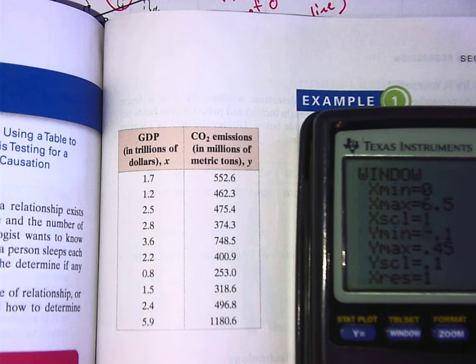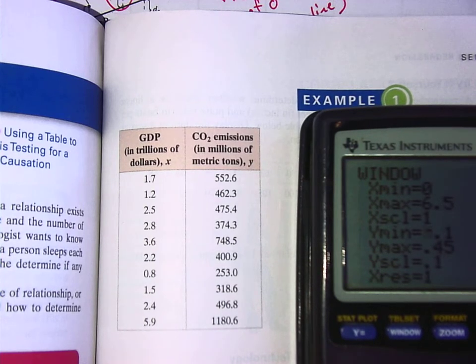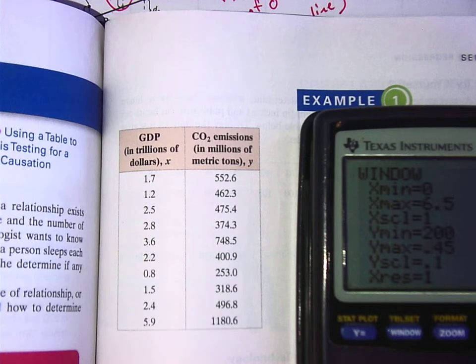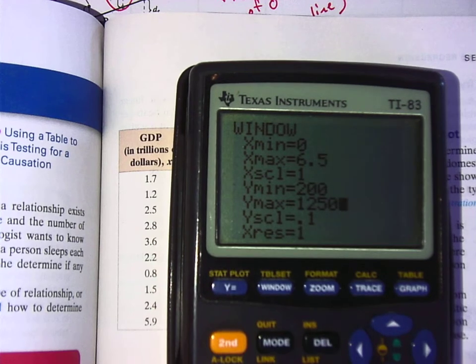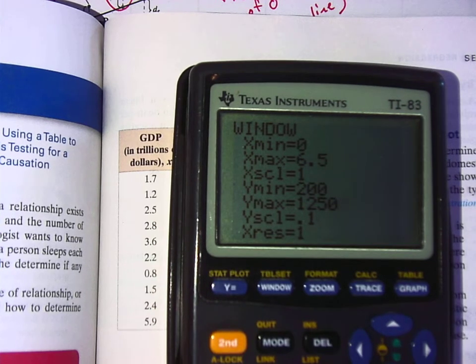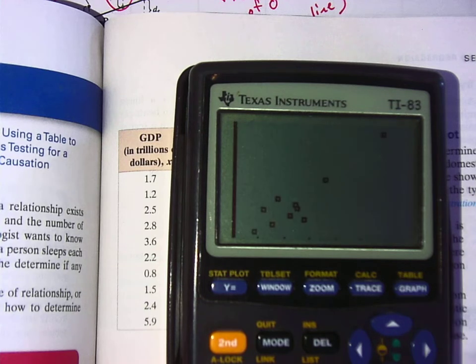For the Y minimum, my low point is like 250 or something. So let's make the minimum 200. My highest one is 1,180, so maybe 1,250. So that's what I decided for my window. I'm just looking at the data and trying to pick something that's a little below and a little bit above everything I have. And then if you hit graph,